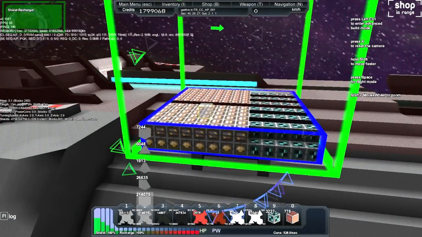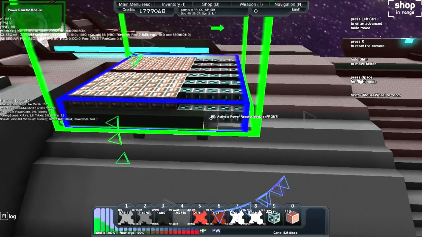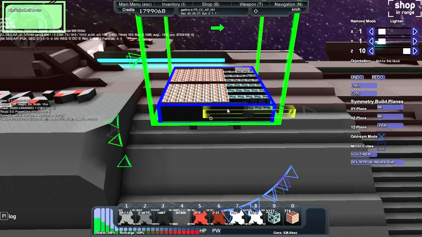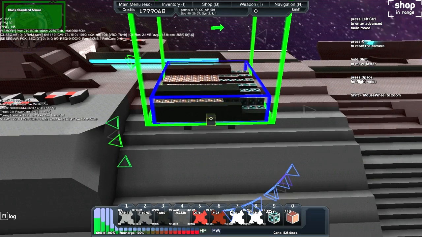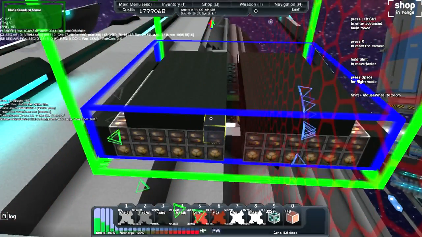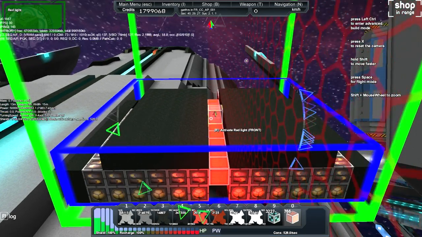And now we're going to encase this in black hull. That should totally work. Because the weapons themselves are going up top. I want that and that. This, this, and this. 9. Oh, that's not what...